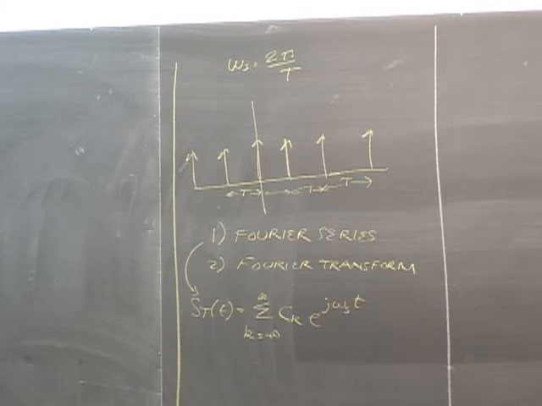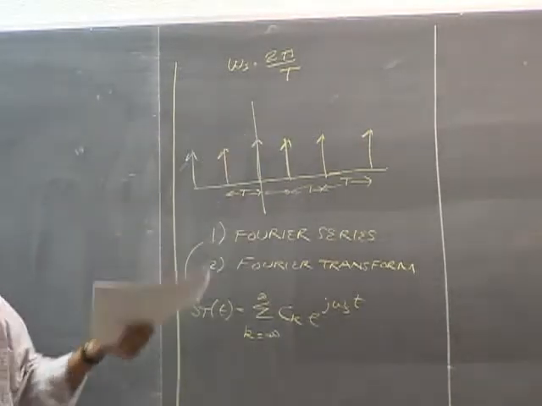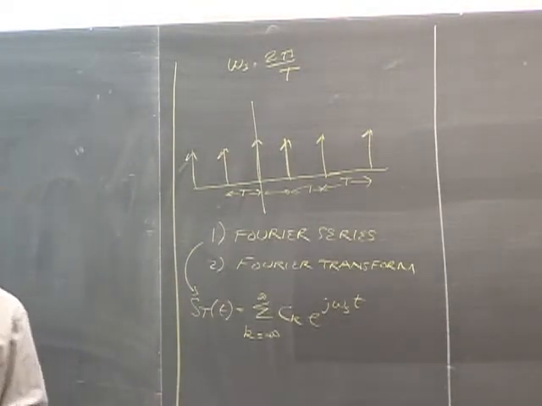We said k omega naught, where omega naught is 2 pi by T naught, and T naught was going to be the time period, right? So T naught is the time period. Here we're using capital T, so omega s is 2 pi by T. So this is just the definition of the